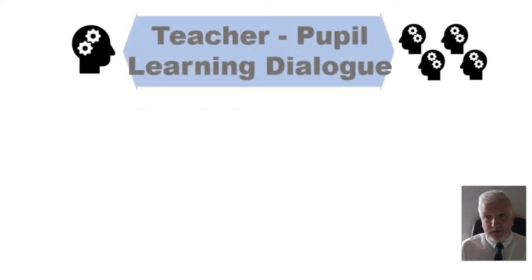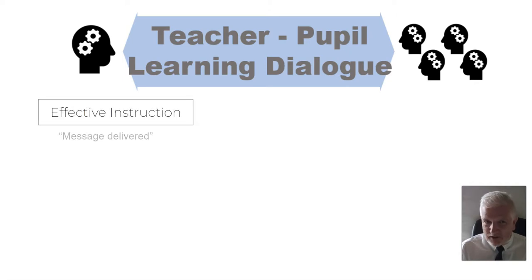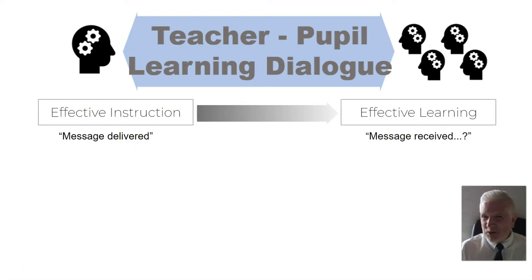Which brings us to the teacher-pupil learning dialogue. Effective instruction is a crucial part of that. We need to deliver the message as clearly and precisely as possible, identifying the correct prior knowledge to draw attention to for the students, identifying where the threshold concepts are that we can then explain so they unlock and don't block. But even where the instruction is effective, where the message is delivered, the message isn't always received